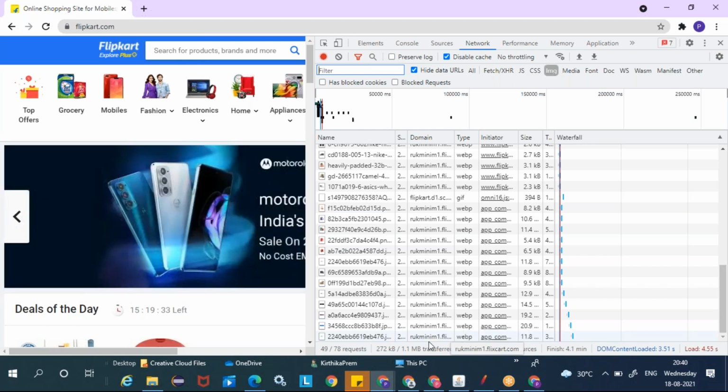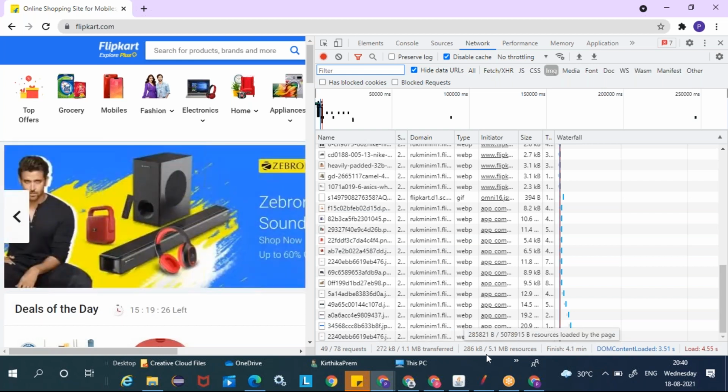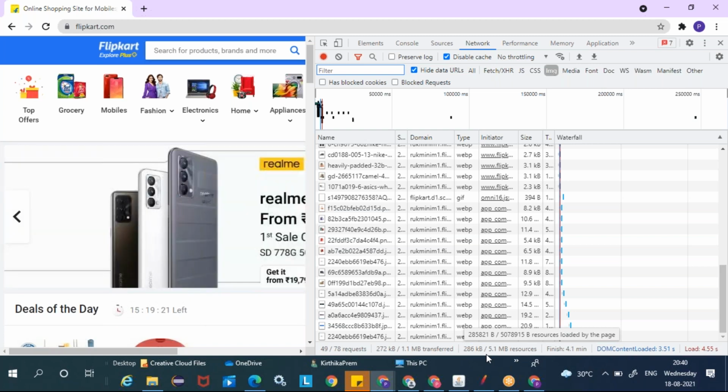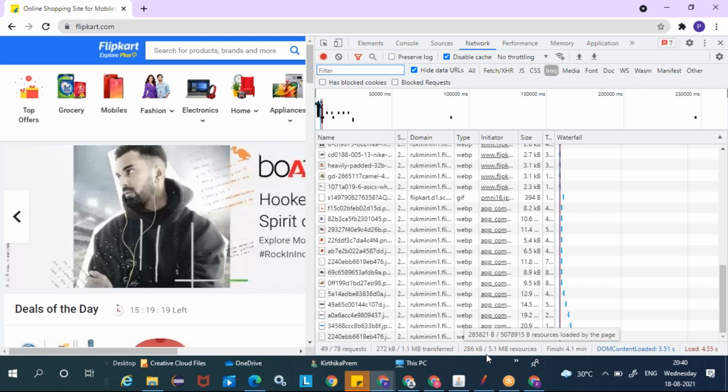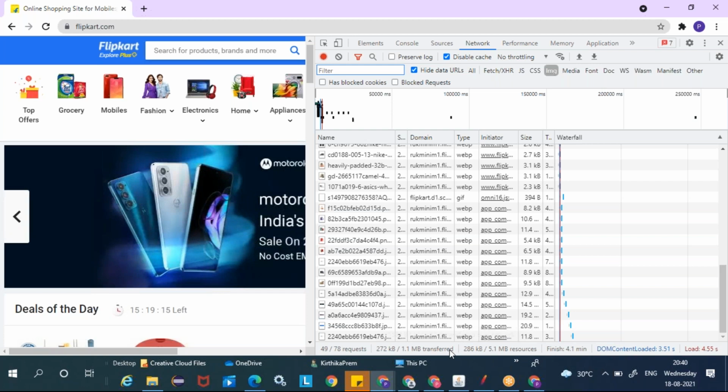So if the transferred and the actual file sizes are equal, then we need to highlight that to the development team. When I talk about optimization, I'll explain this detail about compression, but this is one quick tip for you.